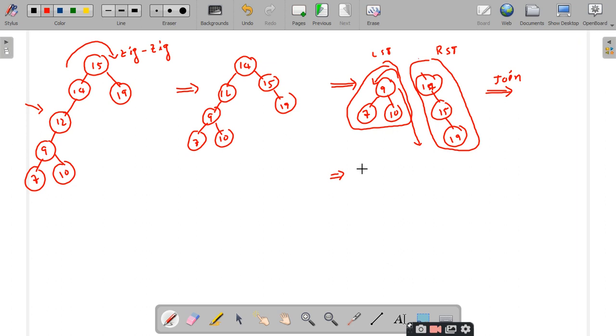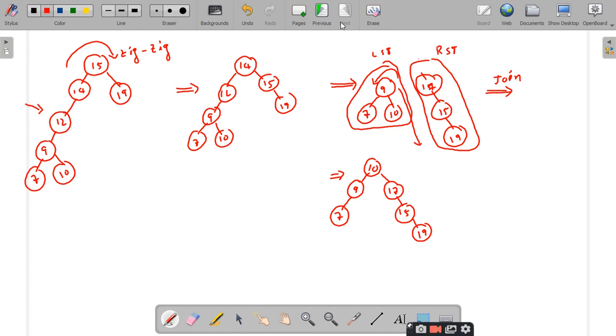What is the rotation I have to perform to make 10 the root node? Zag, sir. This is zag. So once I perform zag I get like this, and you attach the remaining elements, the right subtree, as the right child of 10. Is it clear? Yes, sir.